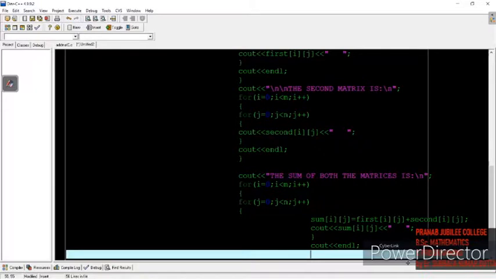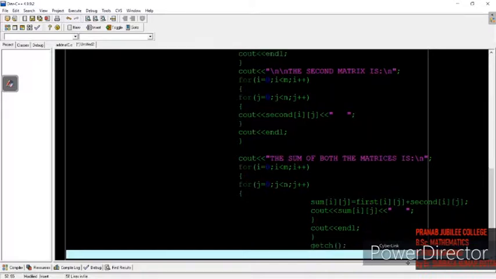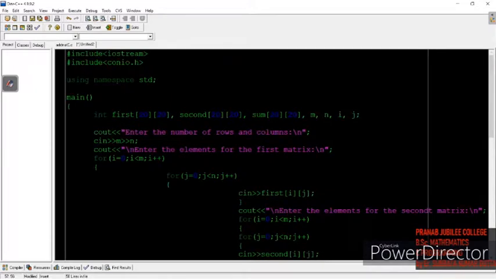For that, I have discussed in my earlier video how to input and display elements in a matrix. Alright, now this is the whole program.